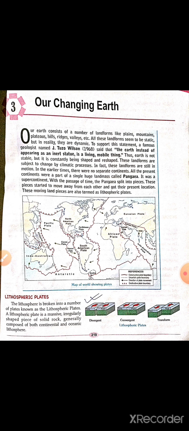No, the maps that we see today, the places that we see today, are the result of constant change. They were not the same in the earlier stage of the earth. They keep on changing, the landforms keep on breaking and joining, and that's how we know our present form of the earth. So let us read about this in this chapter.